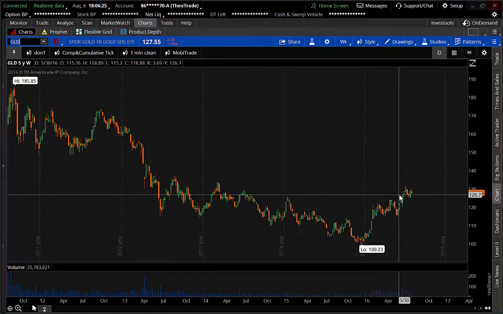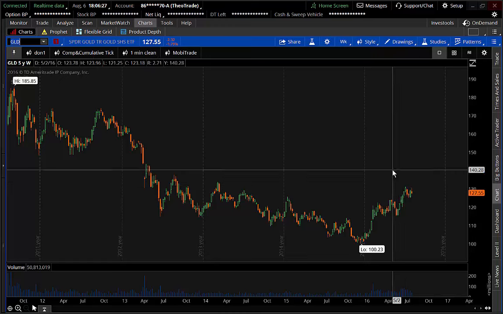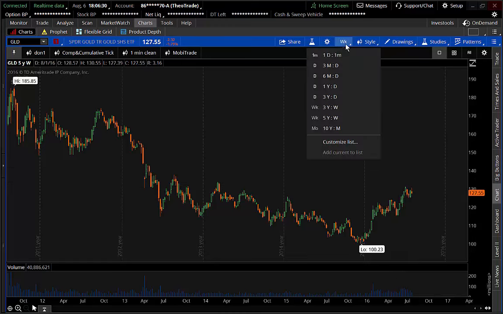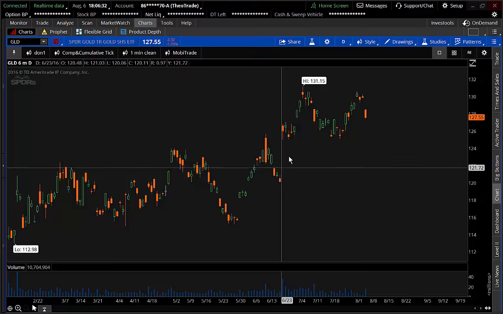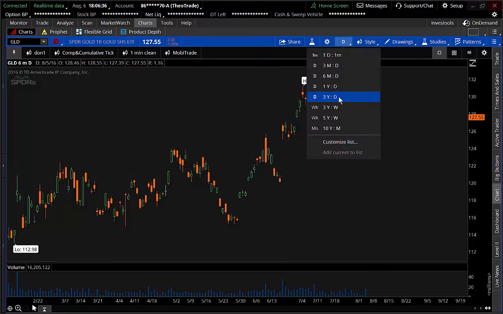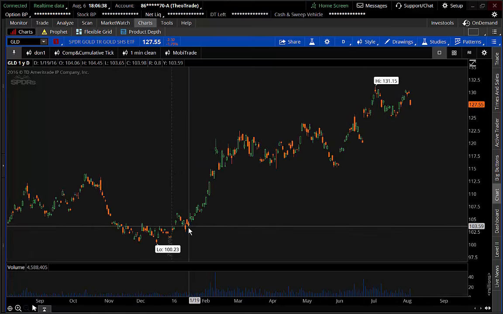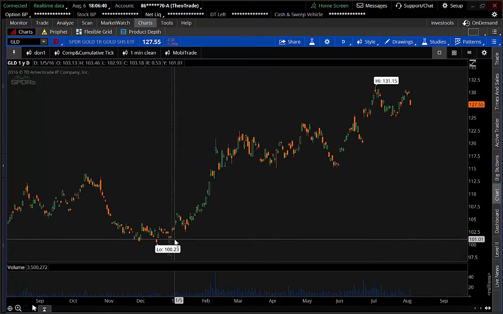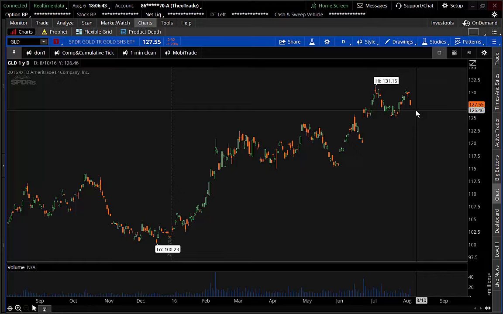100 to 127. These are phenomenal returns in a short period of time that you have to start to weigh. The last 6 months has even been phenomenal over there. But you really have to start to weigh your options right now. This is a dangerous product even to buy, because if the market doesn't turn around and tank, and I'm talking if the S&P 500 doesn't turn around and tank, you're going to get crushed in gold.